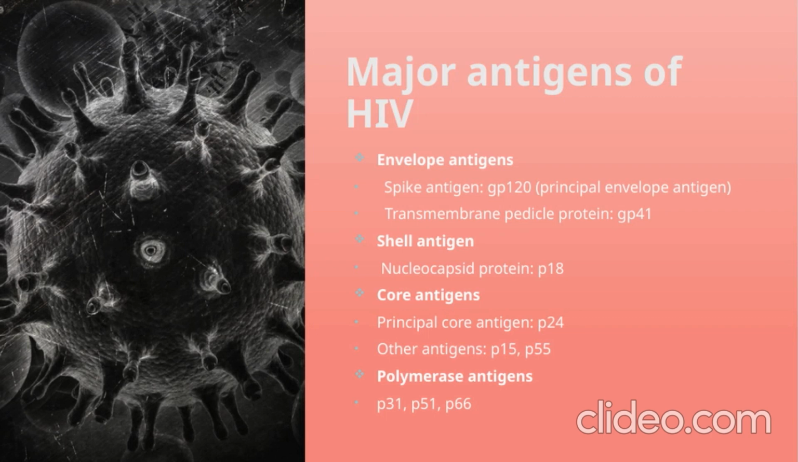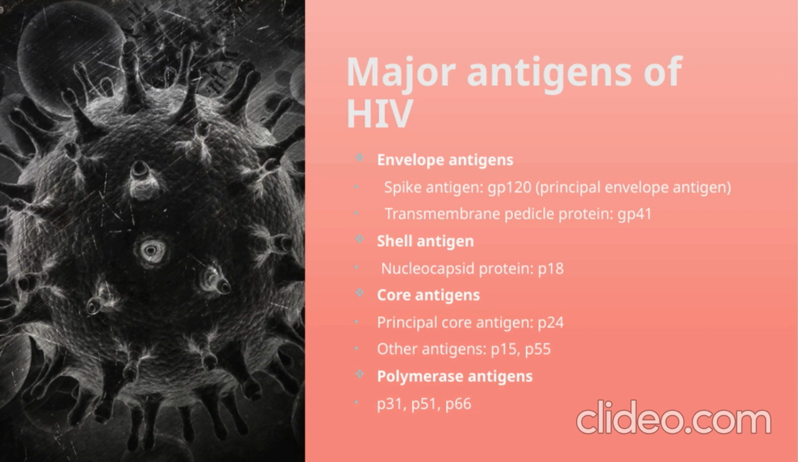The principal envelope antigen is GP120, which is crucial because it plays a key role in the virus's ability to attach to and enter host cells. Along with GP120, there's also the transmembrane protein, GP41, which helps facilitate the fusion of the viral envelope with the host cell membrane. Moving on to the shell antigen, we have the nucleocapsid protein, P18, which forms the protective